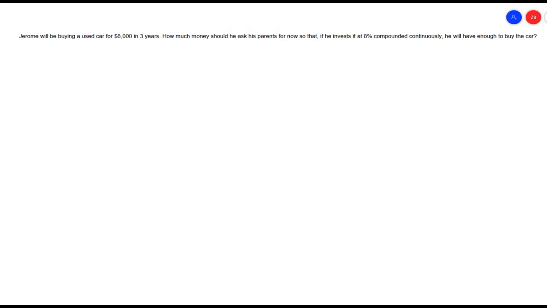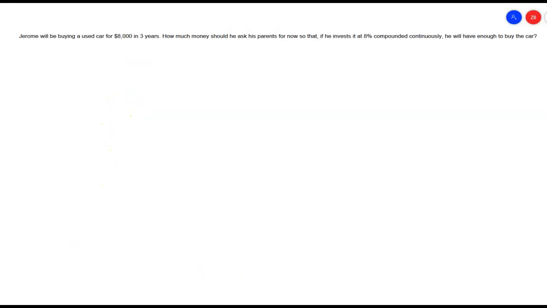This is on financial models. We're going to be doing a lot of compound interest type questions here. So here's a pretty typical one, and I want to go through the process of identifying the variables and solving